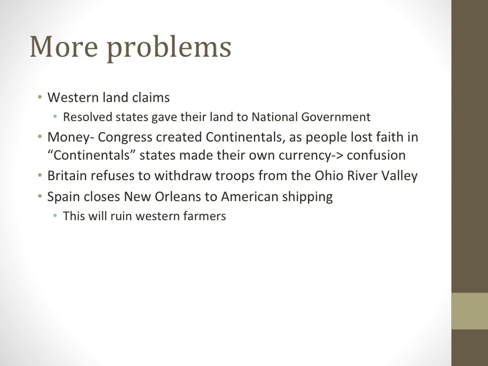Another big problem is money. Congress created money called the Continentals, but these Continentals were weak because Congress couldn't tax. People stopped trusting that the Continentals were going to keep their value. And as people lost faith in the Continentals, the value drops, and then states start to create their own currency, which leads to a lot of confusion, as you can imagine. If you could think of every state having their own currency, and then also you have a national currency of Continentals, who's going to accept what, how are you going to pay for things, becomes very difficult.